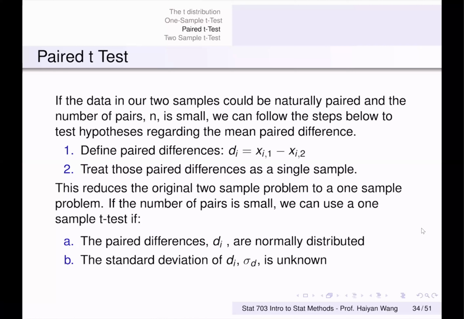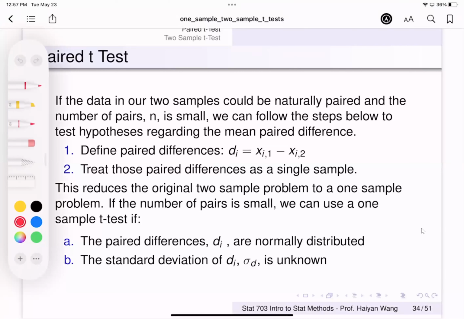We'll treat those paired differences as if they come from a single sample, and we no longer work with the original observed individual data. This is one thing to emphasize. The paired difference D itself is the single sample. In other words, we only work with the d_i, not with the x_i1 or x_i2. So once we computed the difference, we are really dealing with just one sample. With this one sample, we can now test whether the mean of these d_i is 0